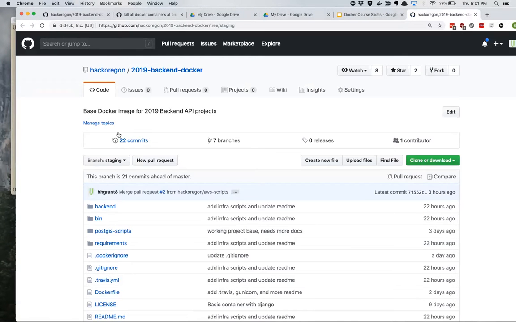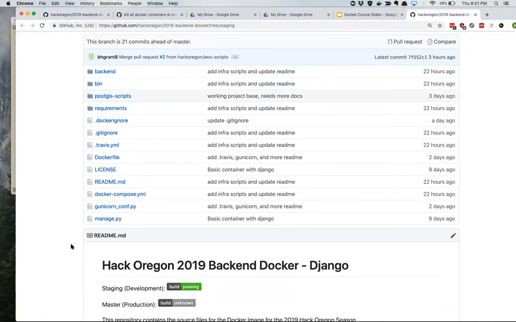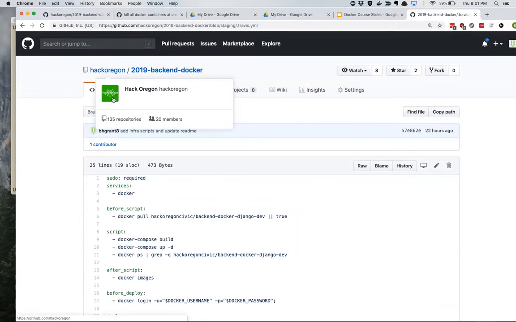So right now, just to get some background here, this image that we run is starting up a Django project, and it has the geospatial libraries you would need to actually do a geospatial API. Right now it's on the staging branch because we don't quite have the production container up there yet. What I was going to show you here is we have a Travis file,